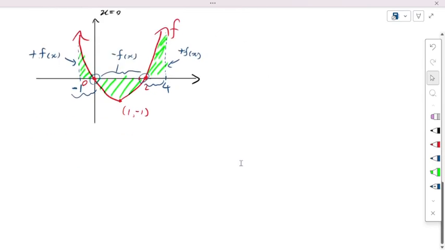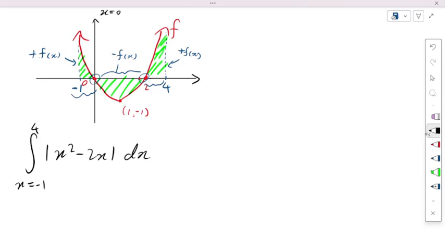From here, now we can do the integral, right? Remember, we were looking for the integral from x equals negative 1 until 4 of the absolute value of x squared minus 2x with respect to x. And we can rewrite this as the following. So we can say it's equal to the integral